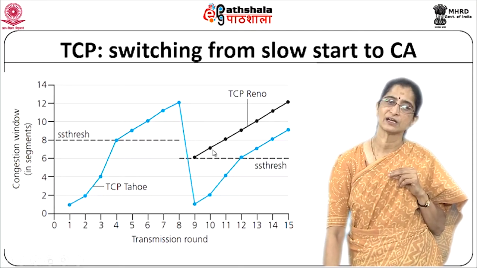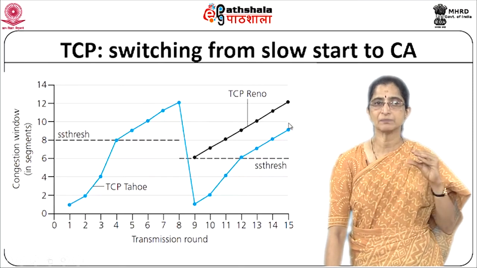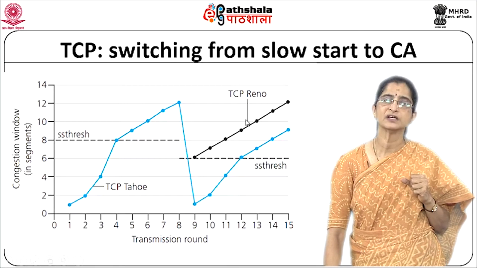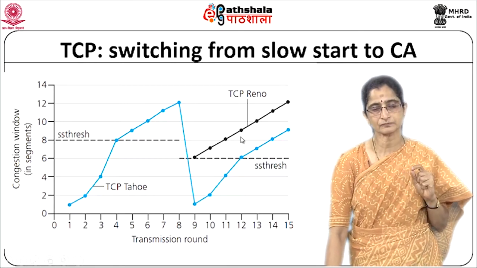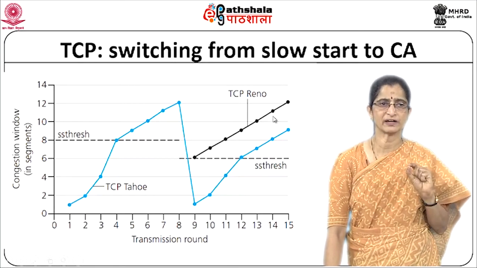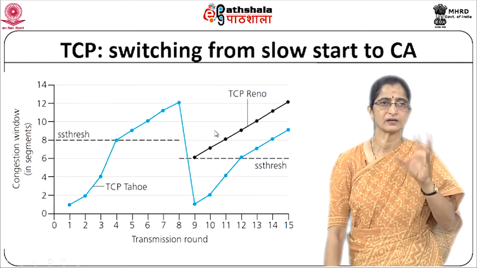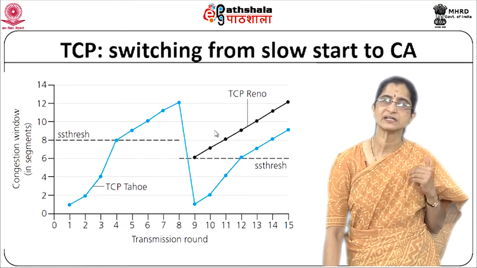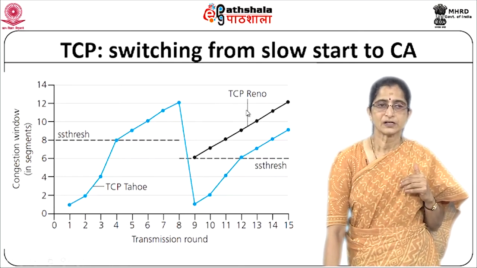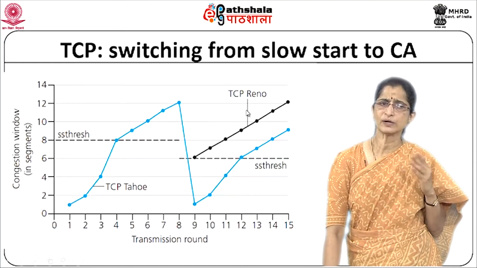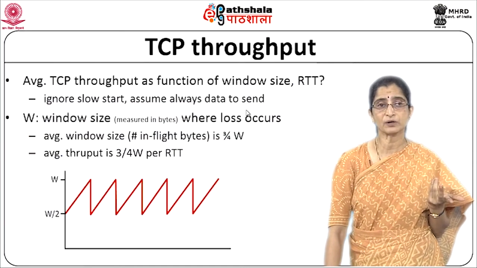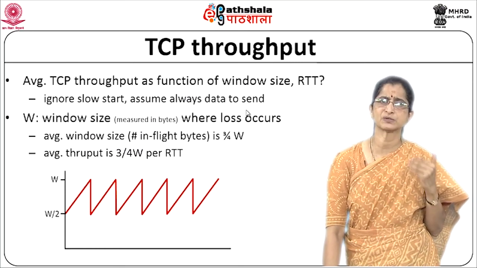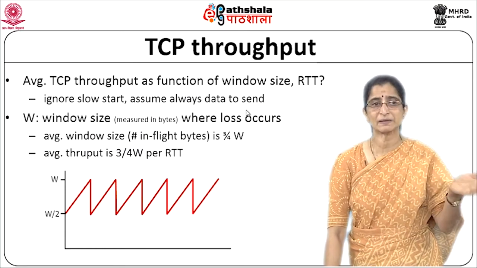So you will actually see that additive increase and multiplicative decrease mechanism is very much visible when you are looking at TCP Reno's mechanism. Now from here you will see that it is doing an additive increase. So this should give you an idea of how TCP Reno and TCP Tahoe compare with each other. You can see that you are getting a better performance with TCP Reno. Again, if you try to compare the throughput that you get with TCP in both these cases, approximately what kind of throughput can you get with these mechanisms in place?